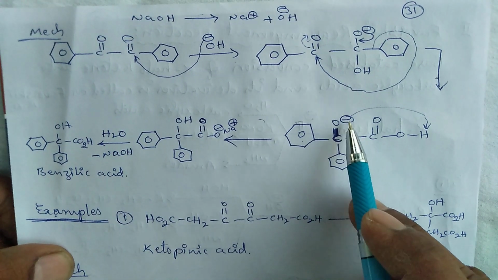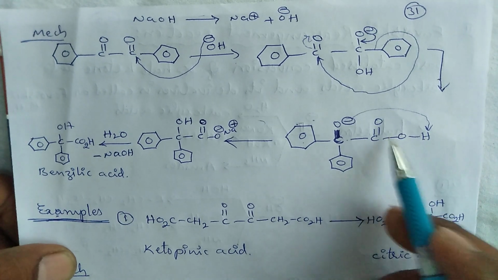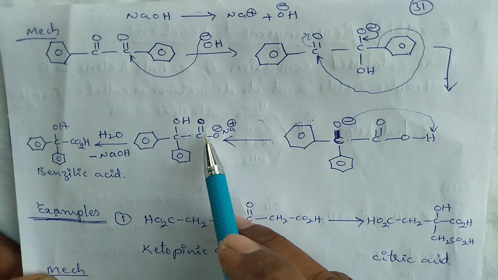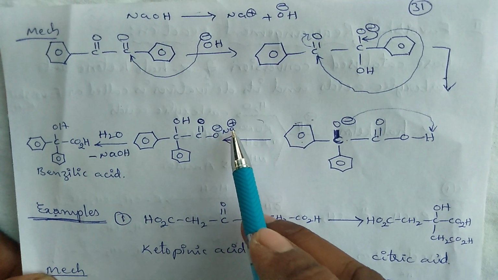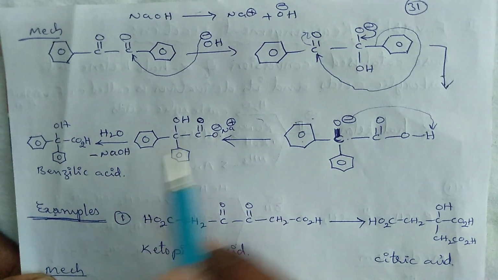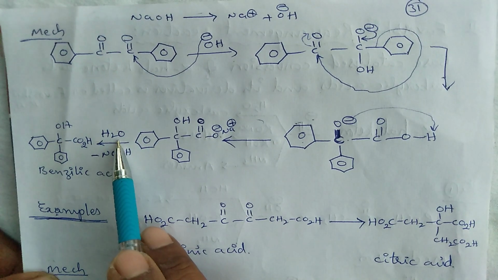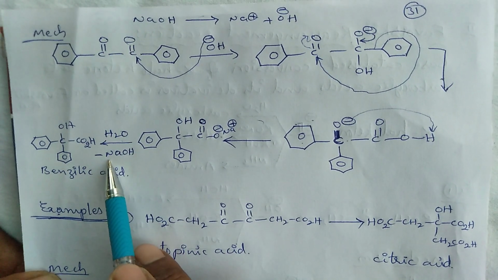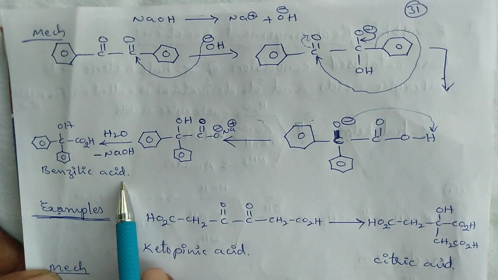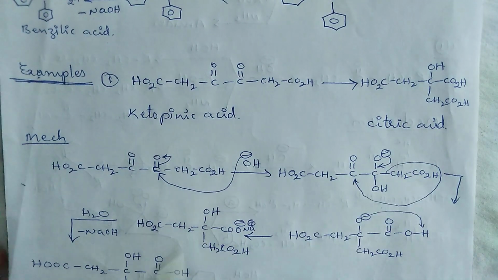When this negative oxygen abstracts the H plus ion from the carboxylic group, then sodium alpha hydroxy carboxylate is formed. Now when this molecule undergoes hydrolysis by the loss of NaOH, finally the resulting product is benzilic acid. Okay. Now, other examples for this